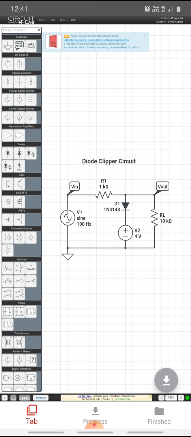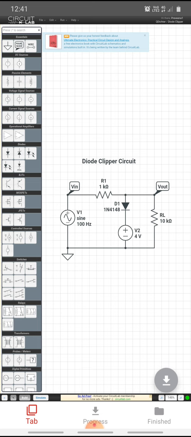And next is the name node. You can name the input and output nodes by clicking that name node. For that you have to first click on that node and drag it into this editor space. Here the nodes are V in and V out. You can see it clearly. You can place that node at the input side, and you can name that node by double clicking on it.